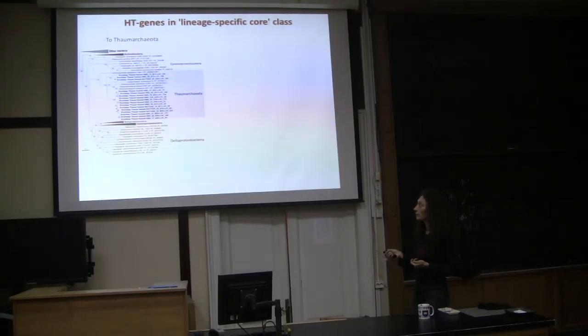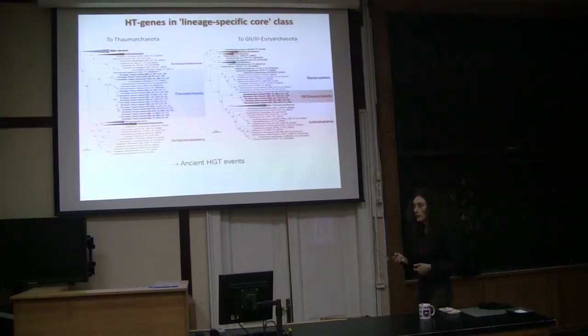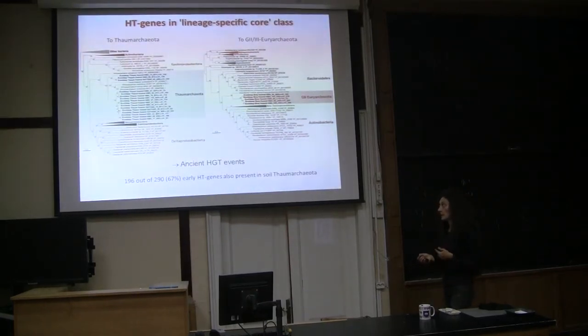You have it in the middle of proteobacteria here. And the same happened in the case of group 2 and group 3 Eukaryotes. You have here an example of a horizontal gene transfer case from bacteria again to the ancestor of this group of Eukaryotes, including also the composite genome that is available from the literature. So these cases, we consider them ancient horizontal gene transfer events because the gene was acquired by the ancestor of the respective groups. Okay?